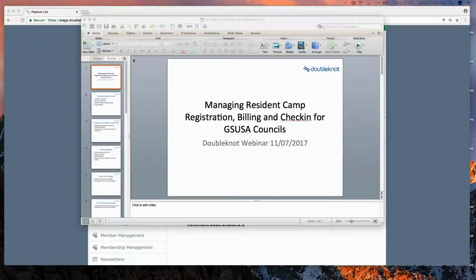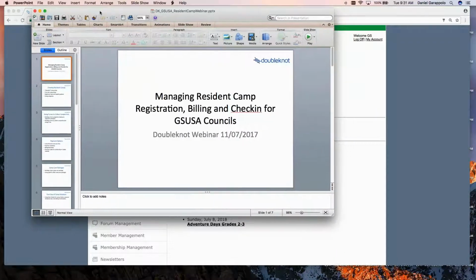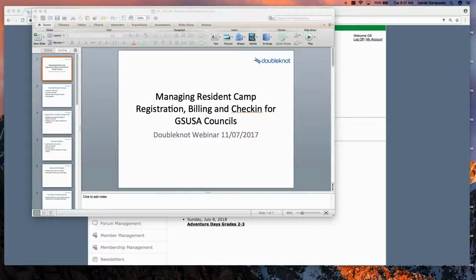So what we're going to do today is talk about resident camp registration, billing, and check-in for Girl Scout councils. With Doubleknot, we've done a lot of resident camp registrations over the last couple of years, so we've gotten really familiar with the setup, configuration, and needs of Girl Scout councils in terms of event registrations. A lot of times Girl Scout councils start with Doubleknot for facility reservations, and we've seen over the last couple of years a lot start using us for events and resident camp as well as adult trainings, all